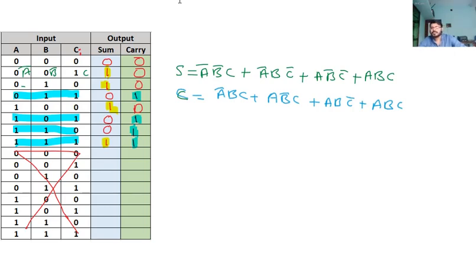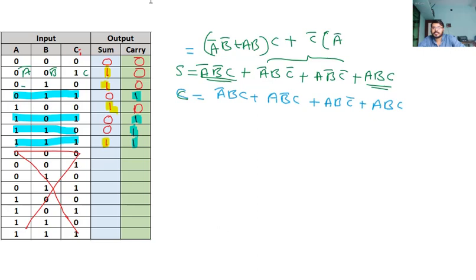So if you consider the sum, you have A complement, B complement, C, A complement, B, C complement, A, B complement, C complement. So here you can do one thing. So you can take first A complement, B complement plus AB into C. So I have taken this term with this term because in both terms C is common. Now the last two terms, from these two terms C complement is common. So if I take C complement common, then the remaining term is A complement B plus AB complement.